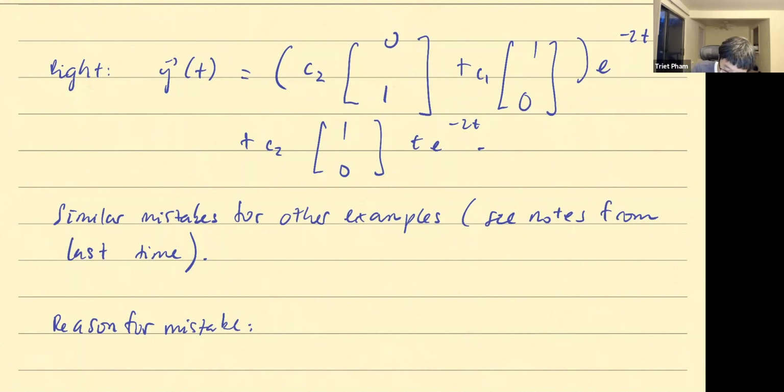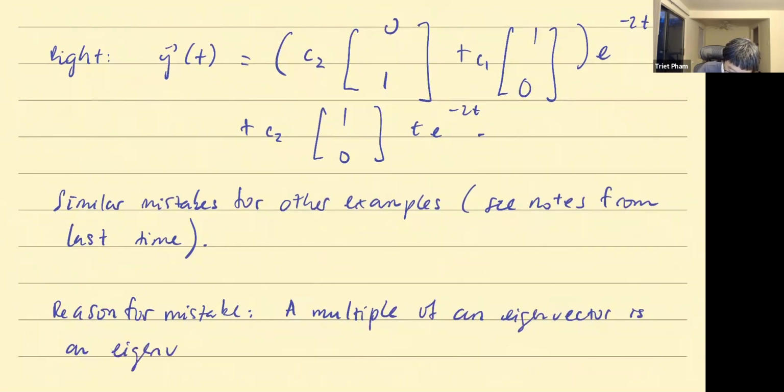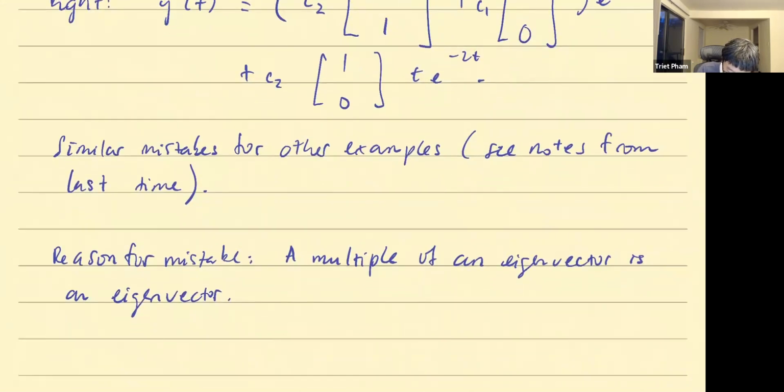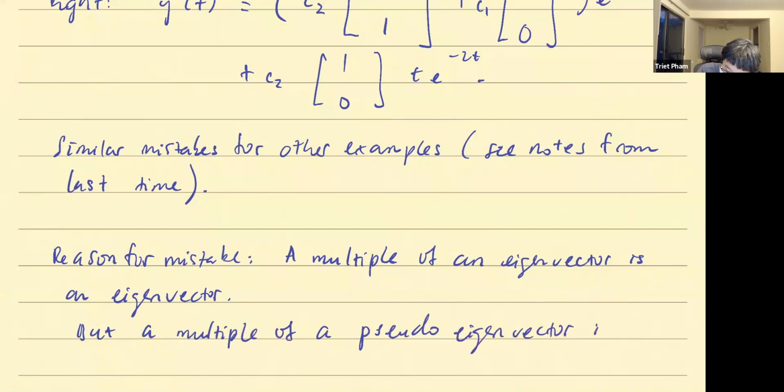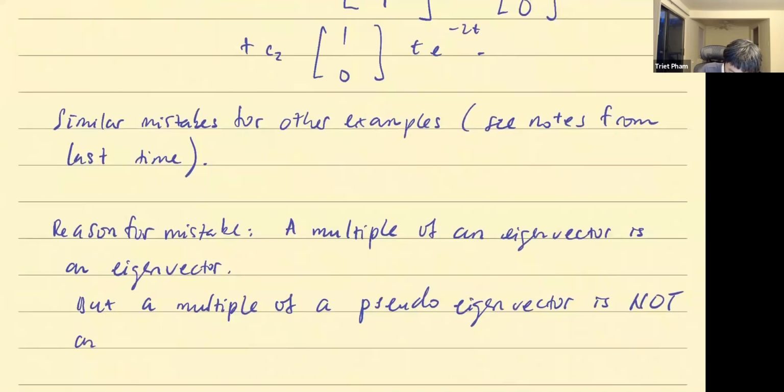The reason for the mistake is like this: a multiple of an eigenvector is an eigenvector, but a multiple of a pseudo eigenvector is not an eigenvector. So for that reason,